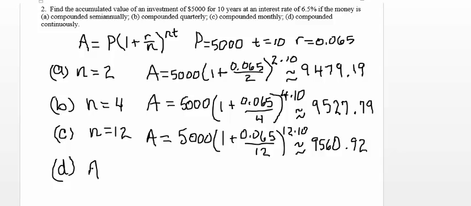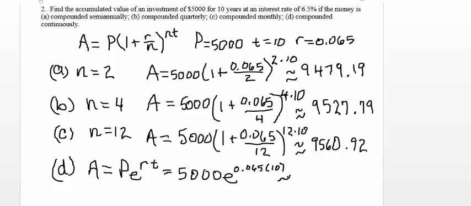Now when I get to part D of the problem, I'm using a completely different formula. Now accumulated value A, or the amount at the end of the time period, is P e to the RT. So 5,000 times e to the 0.065 times 10. And I use my calculator's natural exponential button. So the base of e is programmed into the calculator, and I simply am putting in the value of the exponent, which is 0.65. When I multiply 0.065 times 10, I get approximately